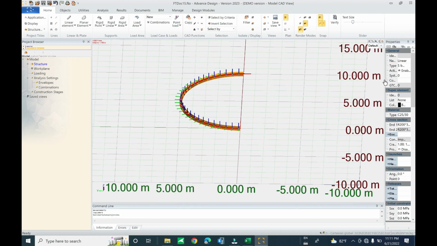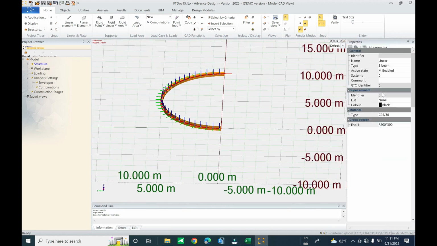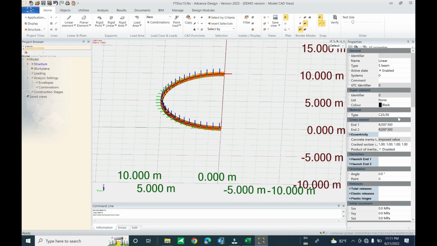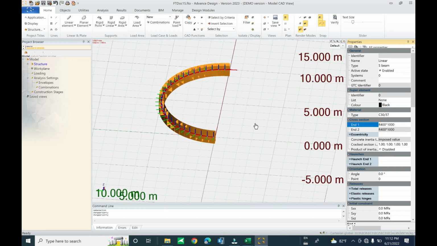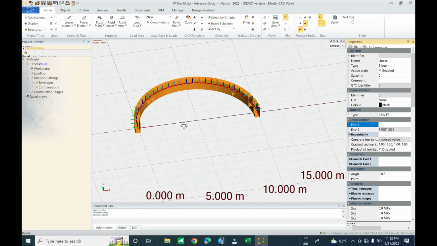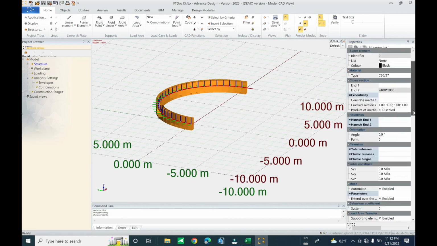Now click on all of beam. Click on select all beam. Change the material to 30. Change the dimension to 400 millimeter multiplied with 1000 millimeter. Sorry, 400 millimeter. 400 millimeter multiplied with 1000 millimeter depth of the beam, and click